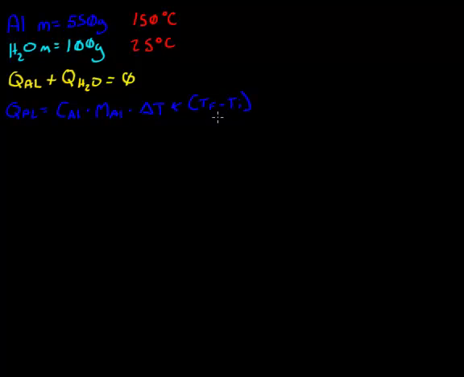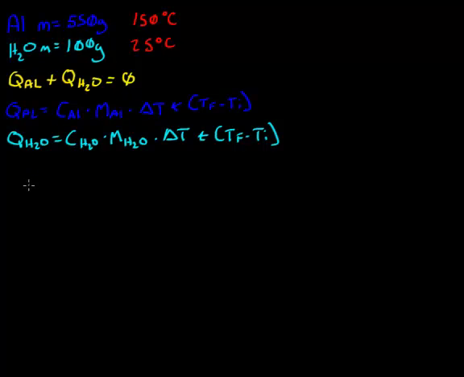Now we need to find the Q of water. So the Q of H2O is going to equal the specific heat of H2O times the mass of H2O times delta T, which again is going to be temperature final minus temperature initial. Now, what we're going to do is add these two together and set them